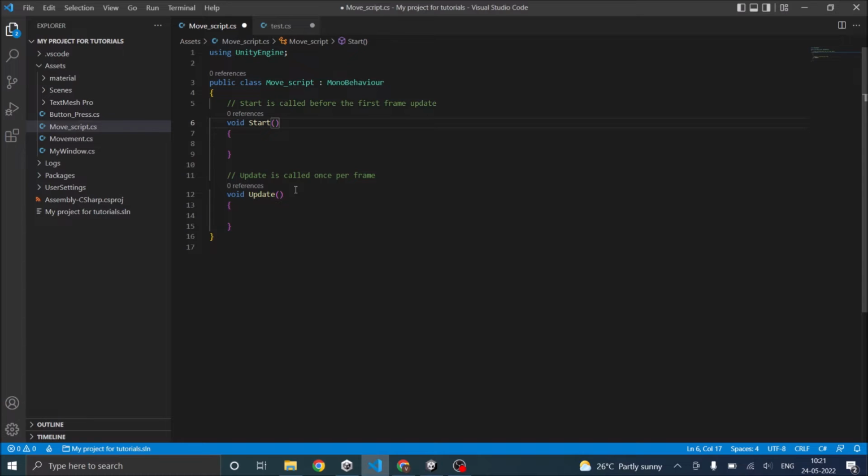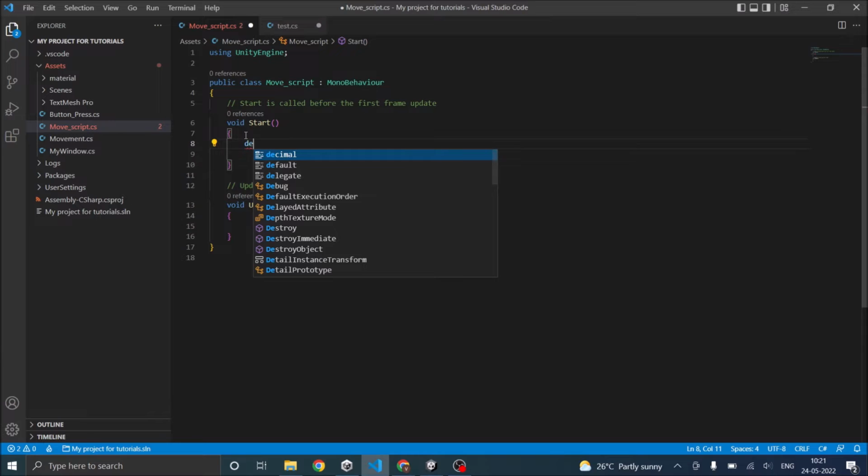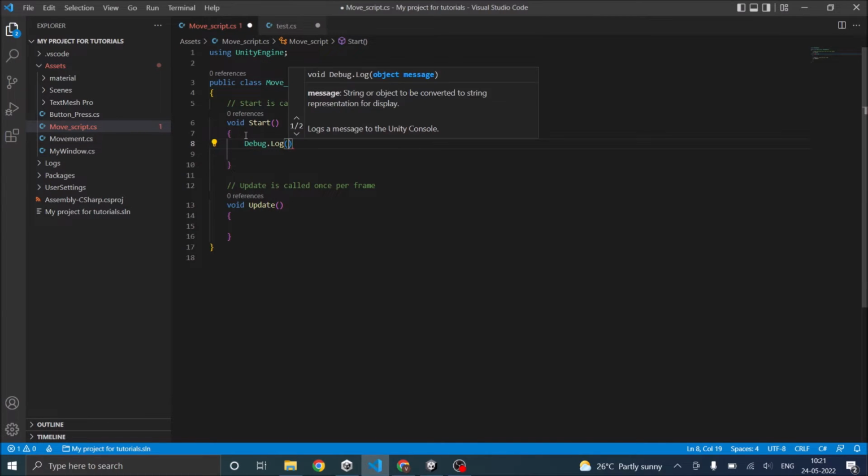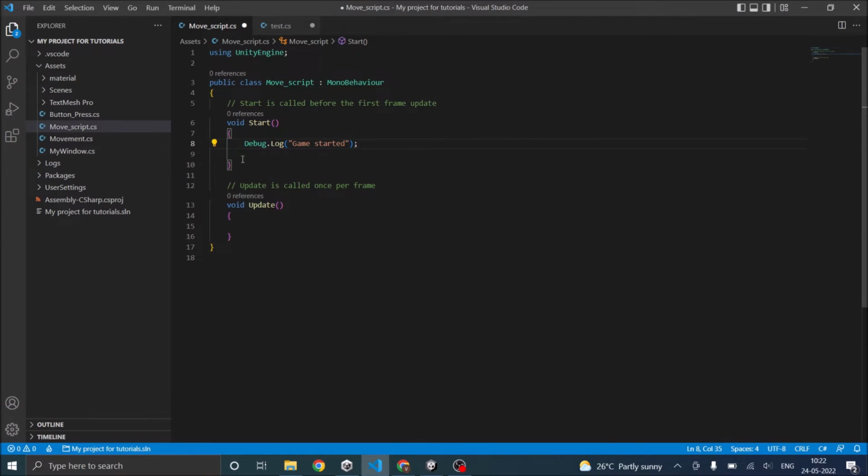So with this basic understanding, let's first test out the start and the update function. And in order to test, let's just use a Debug.Log. Debug.Log is just to print out a message onto the console. So you can go Debug.Log, say "game started". Now every statement in C# ends with a semicolon, and you should know that